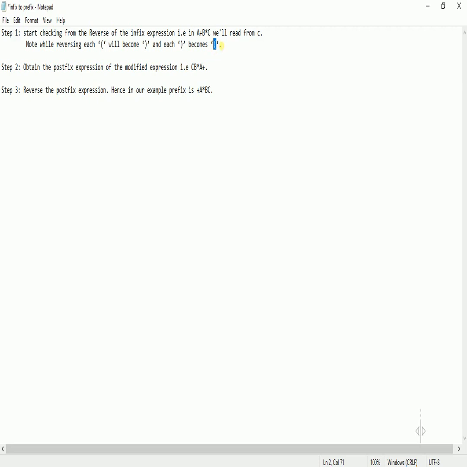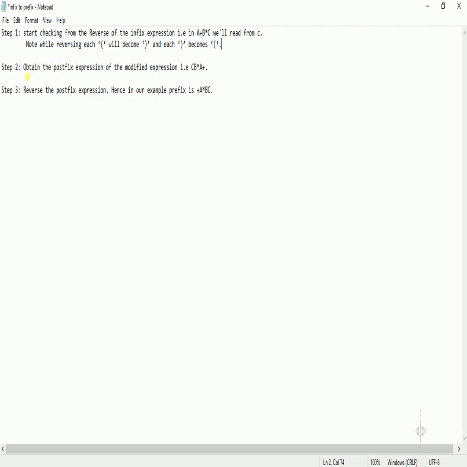Okay, this will be hidden from the user. The user will not be knowing that, but we are doing it because our computer cannot understand this. So we'll program it in such a way that this will become our opening parenthesis and this will become our closing parenthesis when we are evaluating from the reverse order.